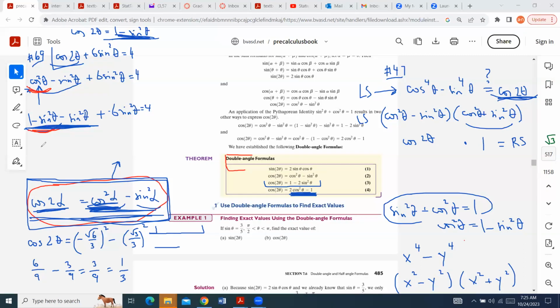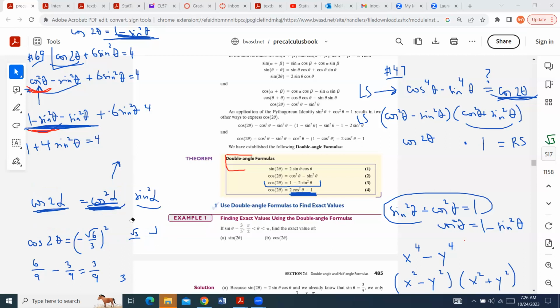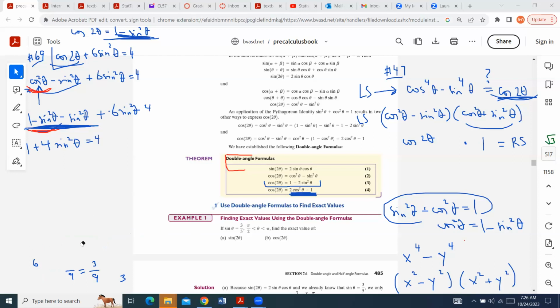So anyways, let's see what's left. So it looks like I got a bunch of signs. There are 2 negatives and 6 positives. So it's actually 4 sine squared of theta. And I can still have 1 here and then 4 on the other side. So I can subtract 1 on both sides, but before doing it, I want to clear all this, get some room. Like I say, it'd be nice if you didn't have that 1. Well, it doesn't matter, it's the same thing. So you subtract 1 on both sides, and you're going to get